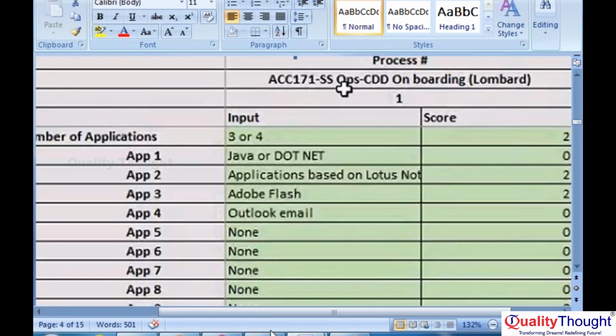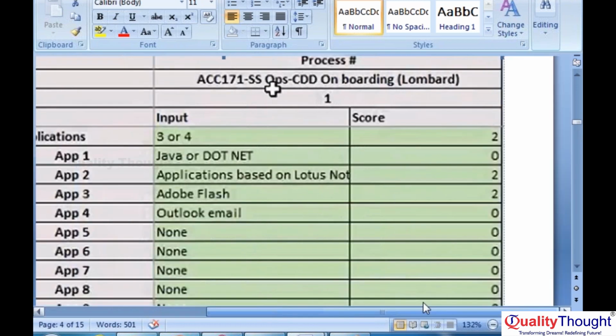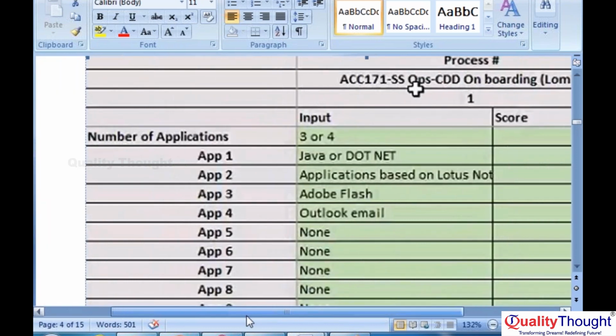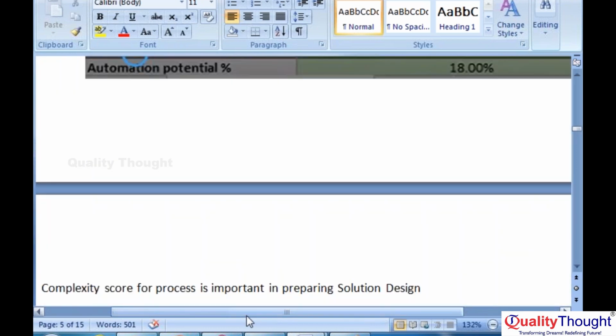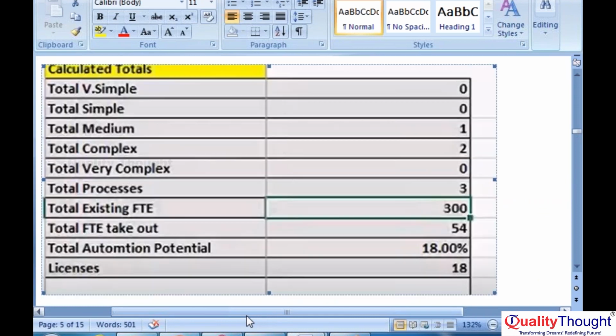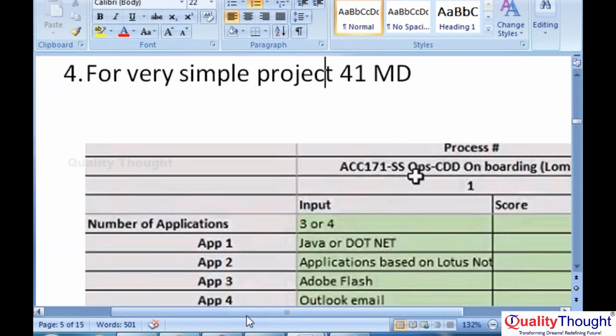Okay. So like this, we measure for each process, there will be a score. Based on this, we decide whether it is a simple automation or complex automation. So there is an estimation model. So here you can see